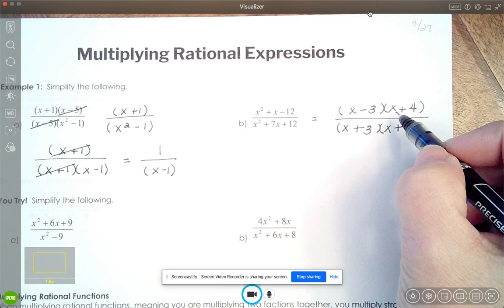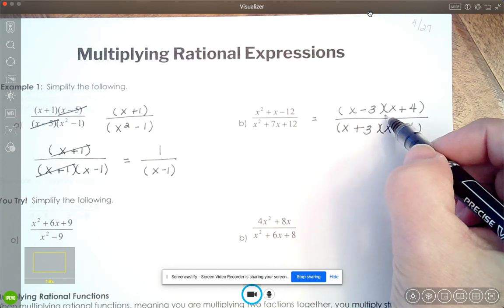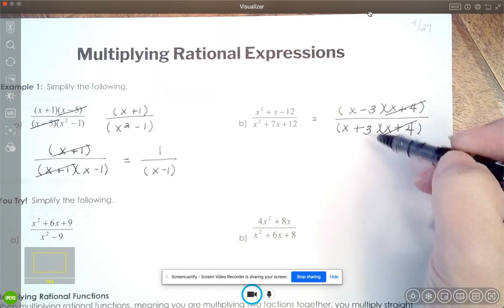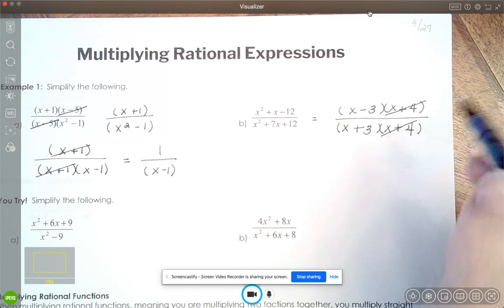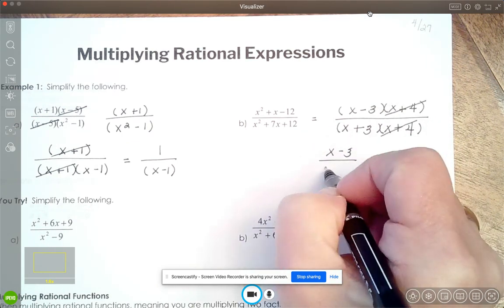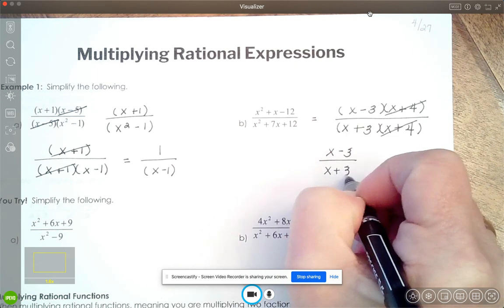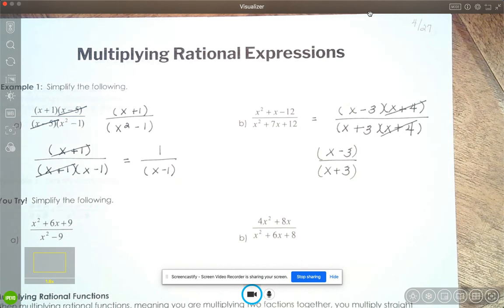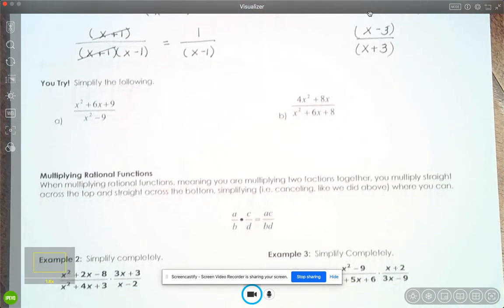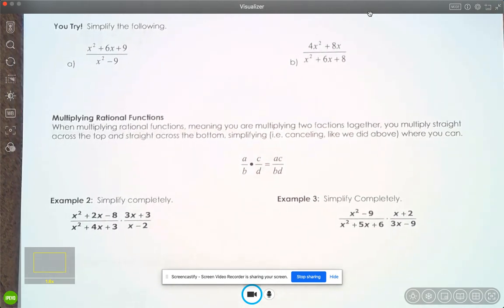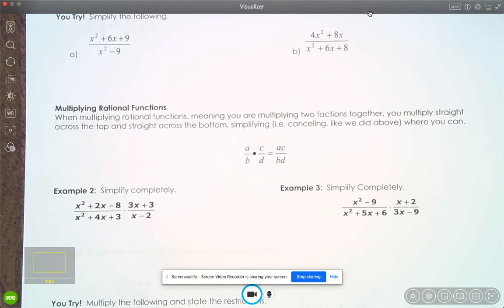So now in the numerator, I have an x plus 4. In the denominator, an x plus 4. I cannot cancel the x plus 3 and the x minus 3 because they're very different. So that's my answer. You can put parentheses around these if you want to, but you don't have to. You can try A and B down here, and I'm going to do one of these down here,